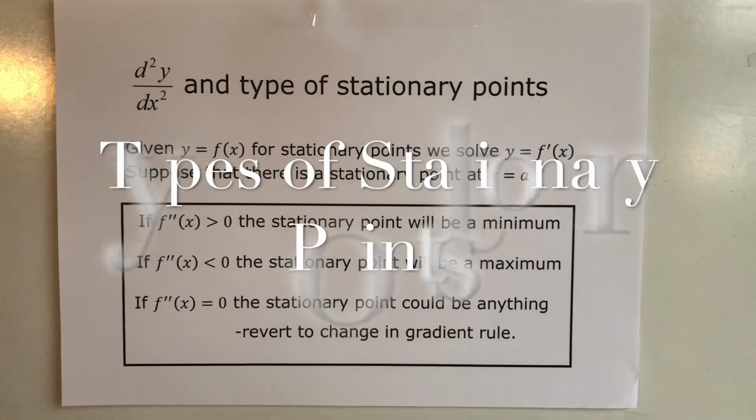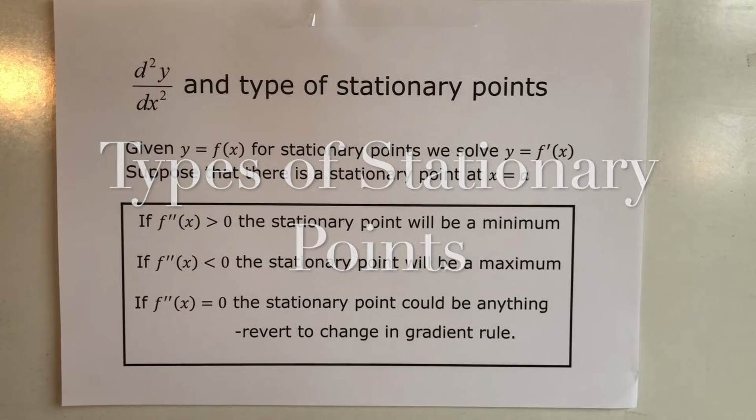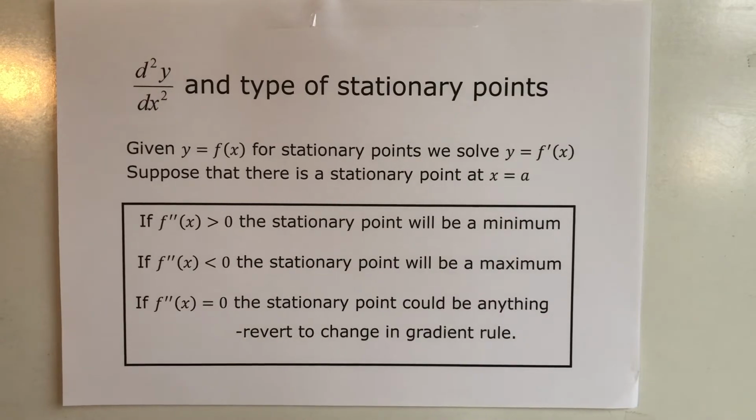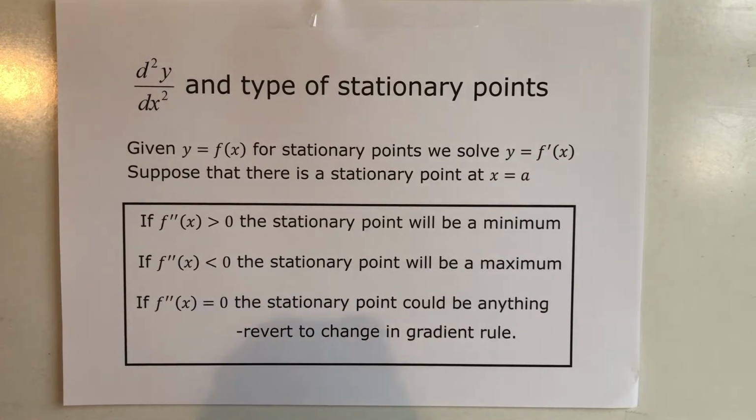This lesson shows you one of the reasons why we look at the second derivative of a function with respect to x. If we differentiate once, then we can find the stationary points. That is, when the gradient is equal to 0. Now, if we find the second derivative and find that for a given x coordinate, which we know to be